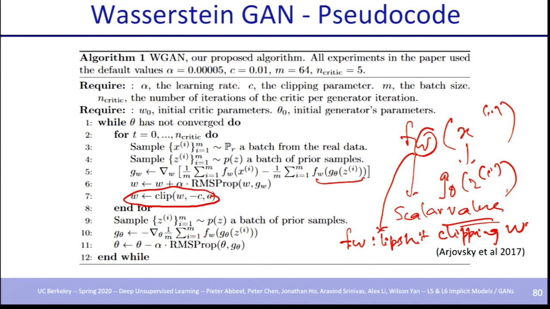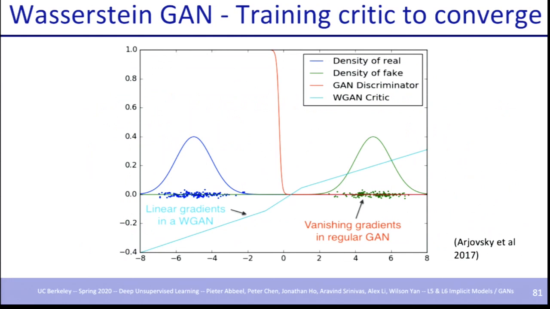So that's a clear departure from the original way in which people thought about GANs. People thought about GANs as, oh, the generator is a classifier and the discriminator is a classifier between the real and fake samples. But the way they implement the Lipschitzness is very, very trivial, like weight clipping, and that's not the best or the most principled way to do it. But they do have amazing results, which was pretty surprising to everyone at the time.